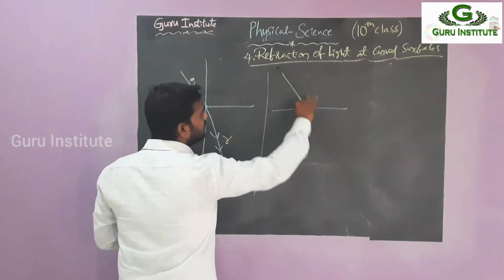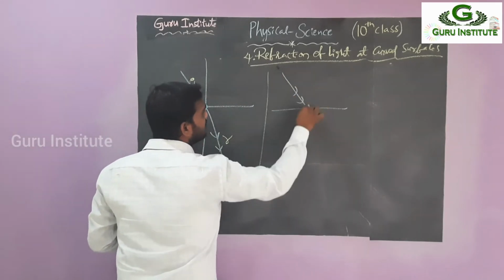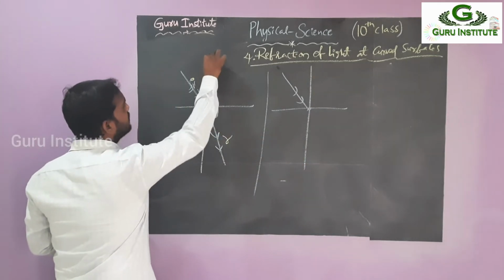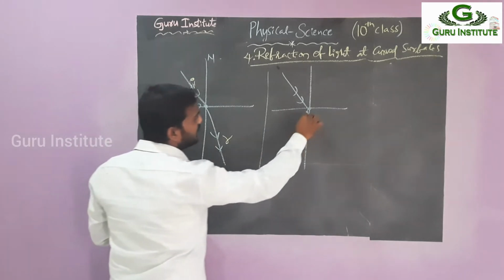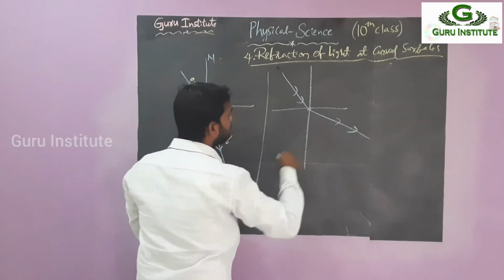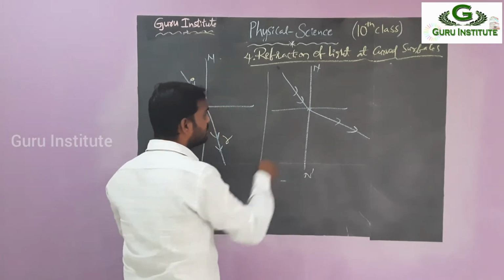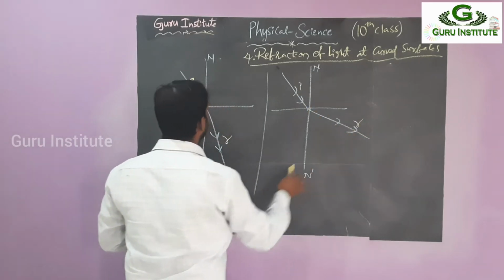So this is the incident ray, and this is the incident point O, and this is the normal we have drawn here. And it is far away from the normal NS. We have already seen this one in the last class, in the basic classes. So once again I will repeat it for you.